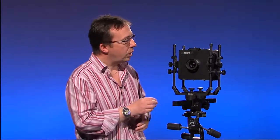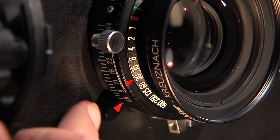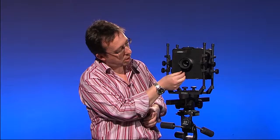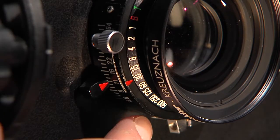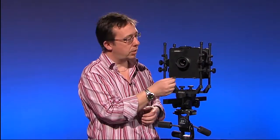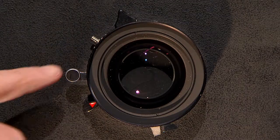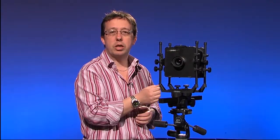So if we look at the lens first, the lens has got everything on it that you're used to with a 35mm camera. It's got your f-stops round here, it's got your shutter speed on this dial here, and you move it by moving this dial. It's also got the shutter built into it, and we need to cock the shutter every time we take a shot. And the way we cock the shutter is with this here, and then to fire the shutter, we use